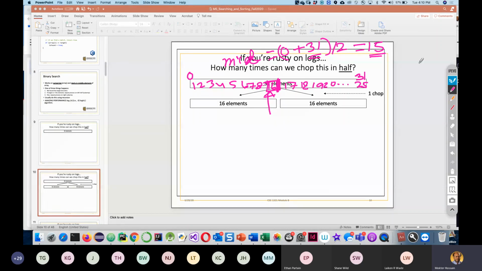Okay, or if we are lucky enough, we find our target element in the middle, then we got it. If it does not match, then we will see, for instance, our element 10. So then we will obviously know that our element exists in the left side, right? 10 is less than 15. If our element is less than the mid element, then we will throw this part out. We do not need to check this part again, because we know for sure that our element exists in this side,